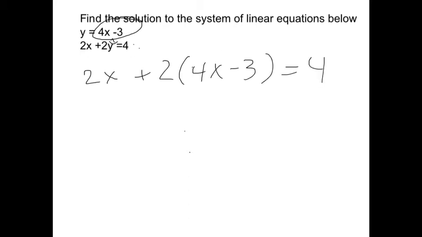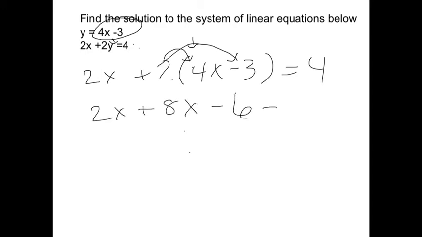So I just took one of the equations that was in terms of y and plugged in that entire expression in for y. Remember, when I do that, I need my parentheses, because anytime I have binomials or polynomials, more than one term, I need to put them in parentheses. So now it becomes a solving equations deal where I distribute, I combine like terms,